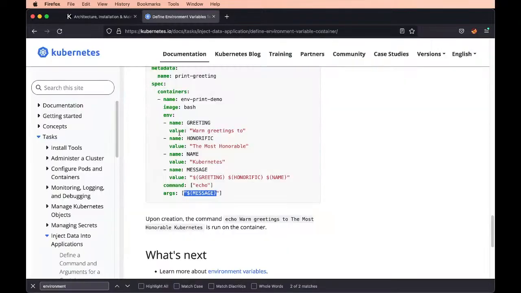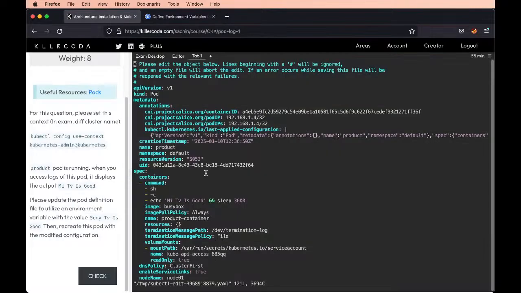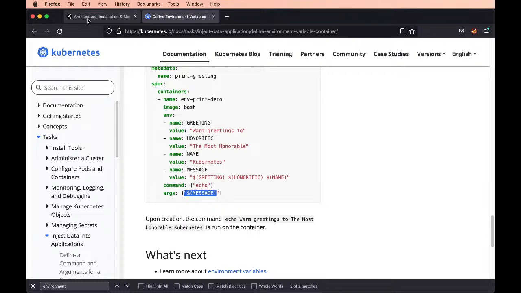Spec, containers, command, env, name and value. Do we have any env though? For searching in Vim you can just use a question mark and search. We don't have that. So inside containers, within containers env, within the name,